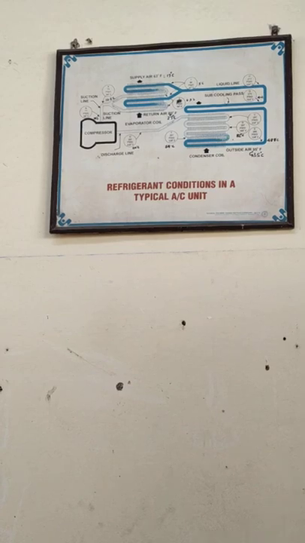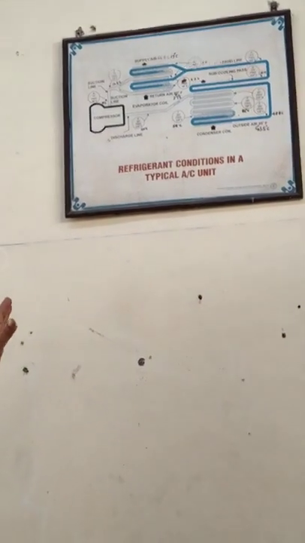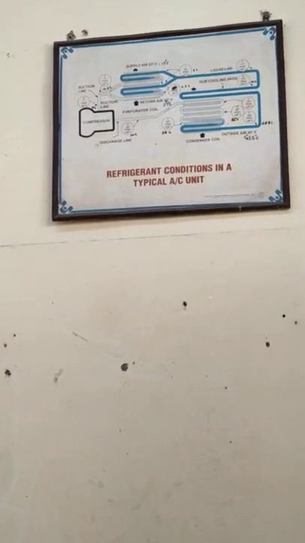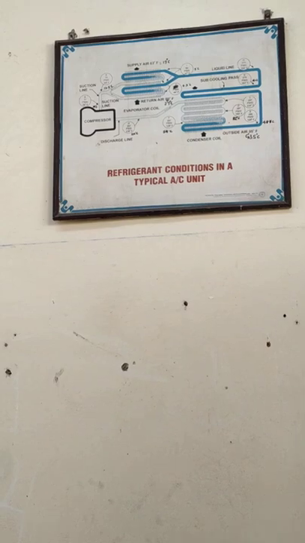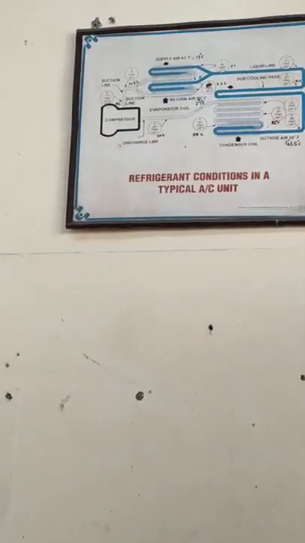When it passes through the evaporator, it absorbs the latent heat from there, and there is again a phase change from liquid to vapor, and this vapor comes into the compressor, where both the pressure and temperature increase. So first of all, I am going to tell you about the compressor.